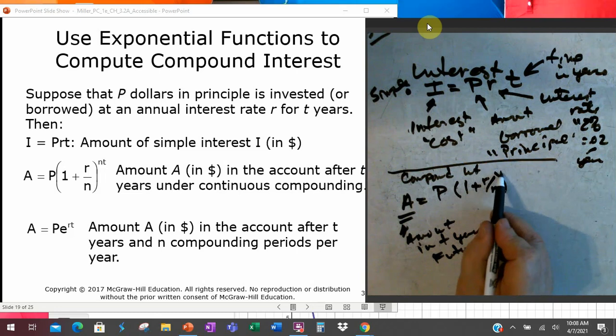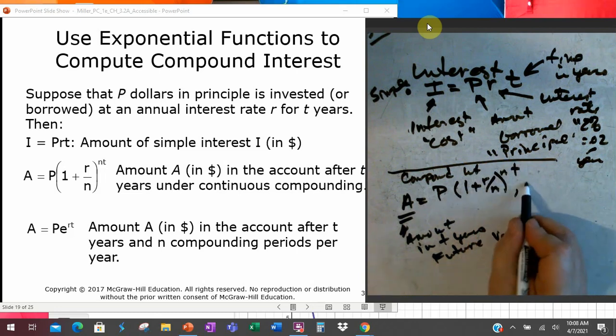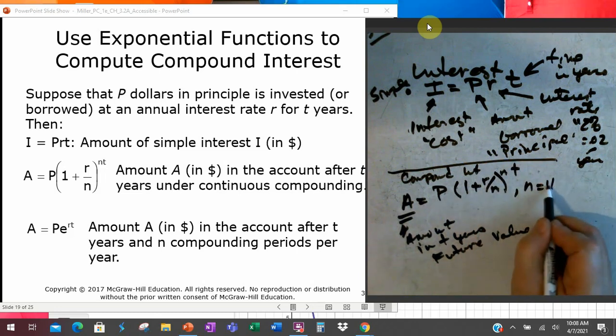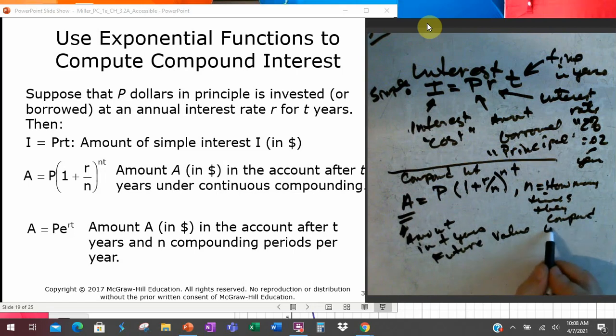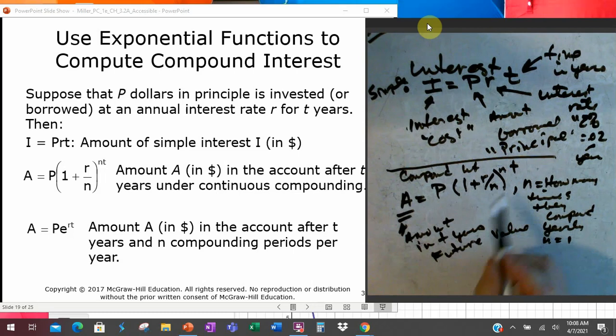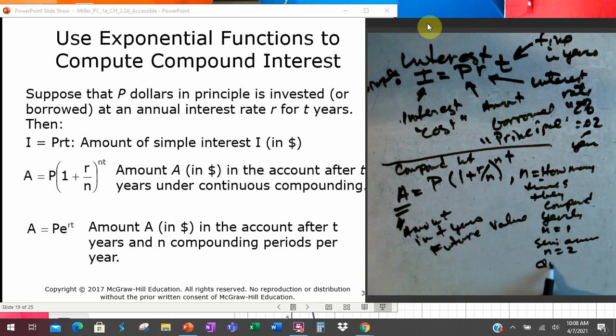R over N, I'm going to talk about the N in just a minute. This N is how many times they compound. Yearly, N is equal to 1. They only do this one time. Semi-annual, twice a year, every half a year. Okay. Quarterly,